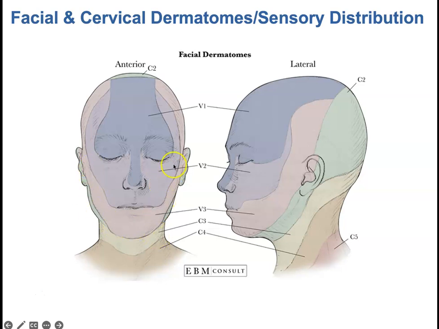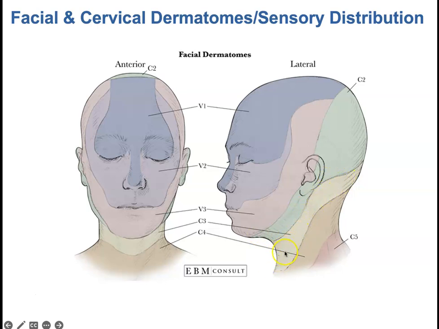And then along the jaw and the side of the face and the upper portion and the lateral part of the skull, this is going to be the third branch of the trigeminal nerve. Then with your cervical nerves, now you have C2, C3, C4, and C5. So the back portion of the head, that is C2. Then you have C3, that is going to be just below where that C2 region is, underneath the chin and